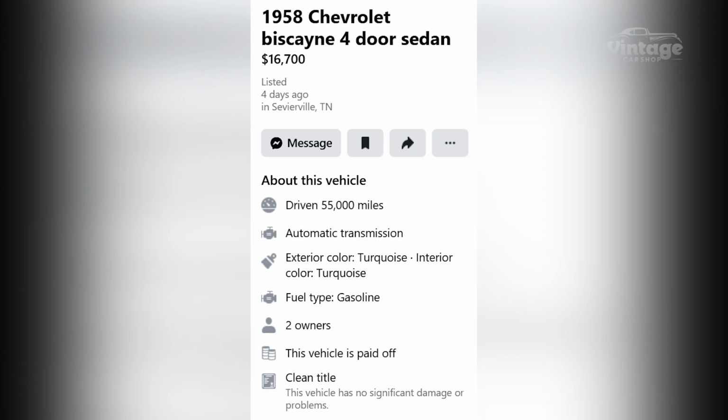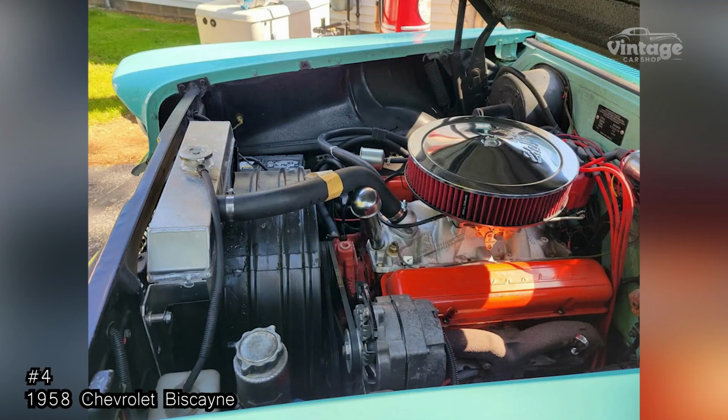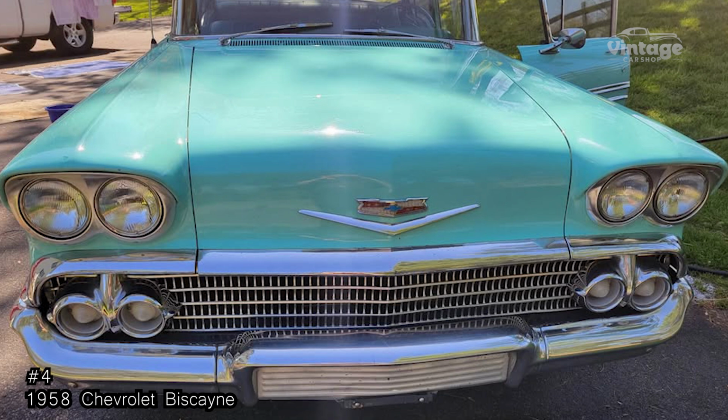1958 Chevrolet Biscayne, listed in Sevierville, Tennessee for $16,700 or best offer. This four-door sedan shows 55,000 miles and is powered by its original 283 cubic inch V8 engine. It features an automatic transmission that shifts smoothly and has seen several recent upgrades, including a new intake, carburetor, HEI